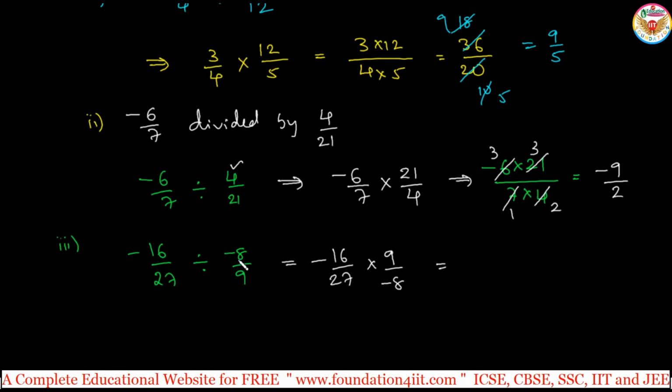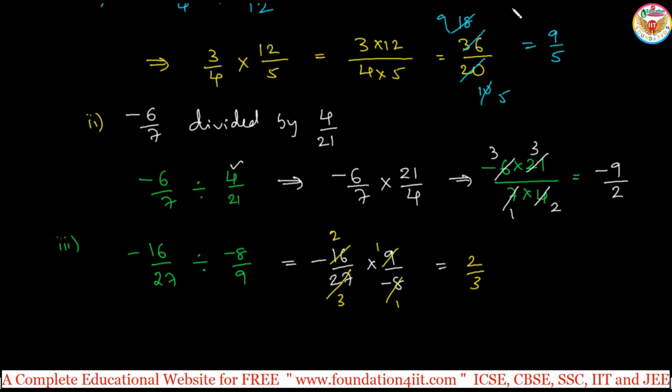There is no difference between minus 8 by 9 or 8 by minus 9, as we discussed in previous topics. The negative sign, in the numerator or denominator or in between, is the same negative only. Now minus into minus is plus. We can cancel here: 9 ones are 9, 9 threes are 27, and 8 ones are 8, 8 twos are 16. So finally 2 by 3, and minus into minus is plus, as we already know. When both are negative numbers and you multiply, you get a positive; both positive is also positive; only when one is negative and one is positive do you get a negative number. Right? This is the simple concept of the division of rational numbers.